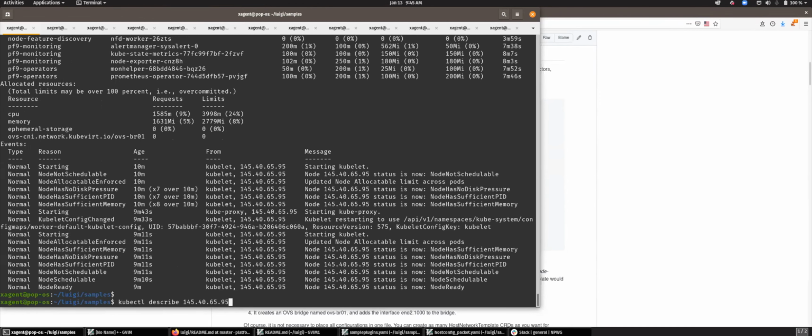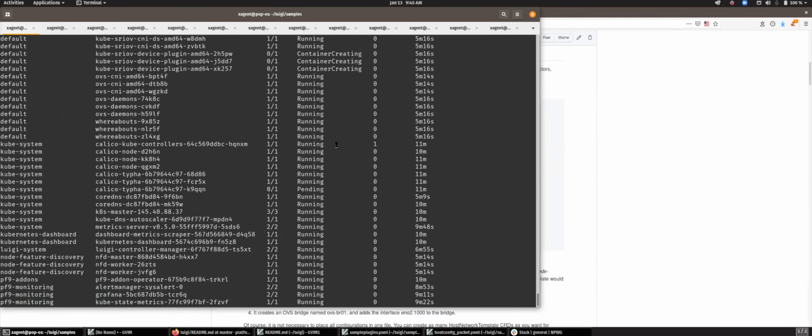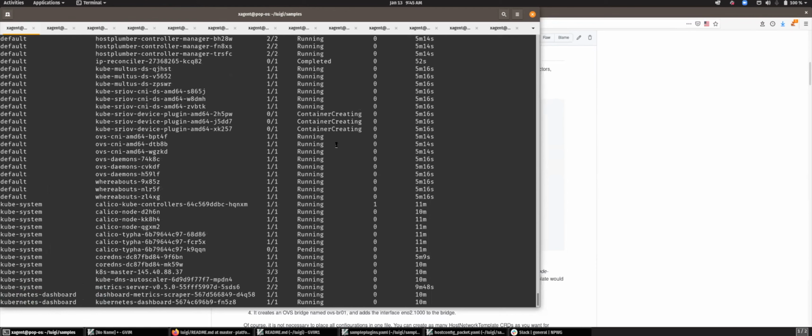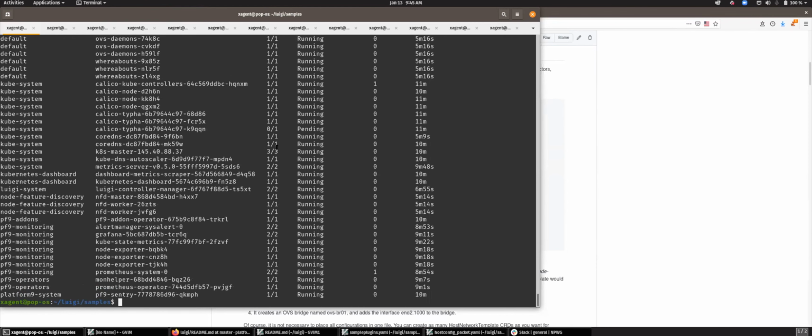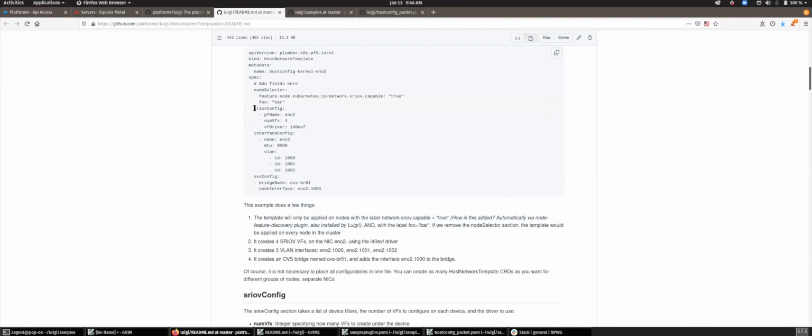Anyways, so now we can see that the node is already labeled. So now how do I actually create some of the stuff on those nodes? Well, what else does this config do? We have SR-IOV config.